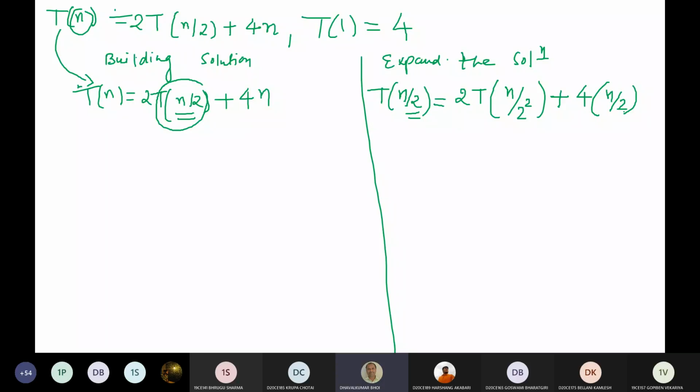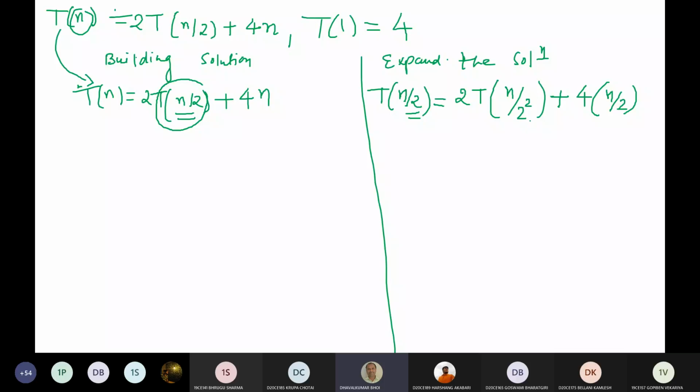Have I made any mistake? Yes or no? Okay, now some students will say, sir, can't we do 2 square, it is equal to 4? Okay, that also you can do, but basically we are trying to observe the pattern here and here as well, right? So that you will come to know from the experience, right?